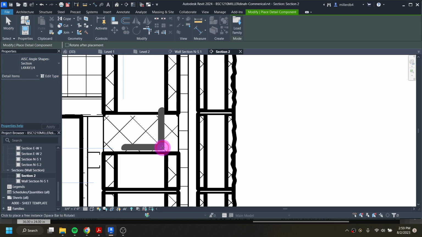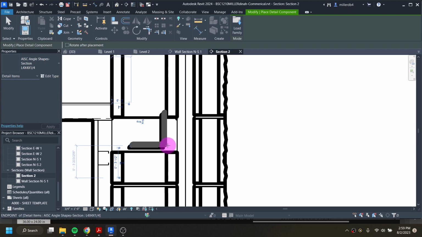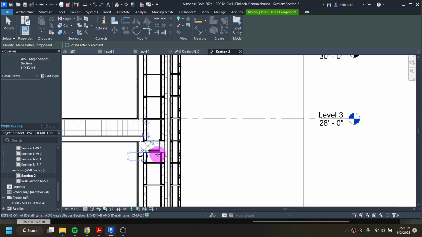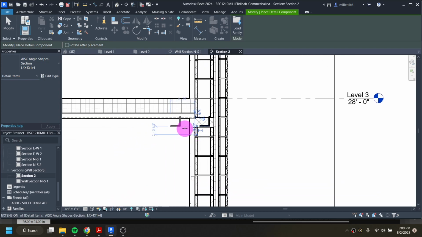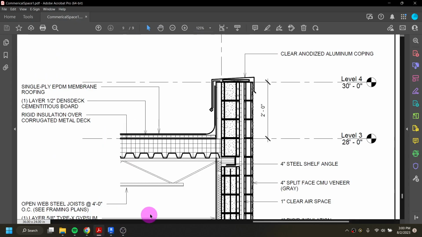And then I'm just going to plop it in my drawing. My next detail component that I'm going to add, well, maybe I should do my filled region first before I add that in. So actually my next detail component, or we'll add it in now. Let's see. Or I'll regret it and then I'll delete it and add it back in. Will be this truss here. So that truss is